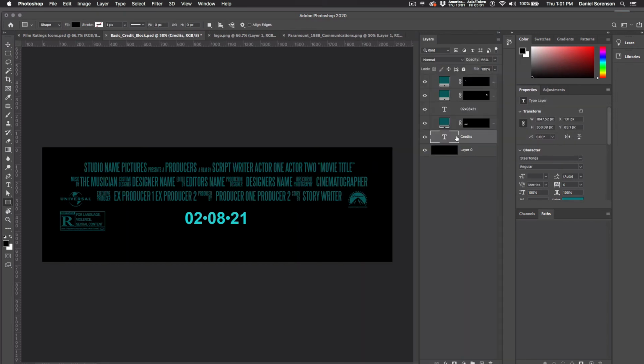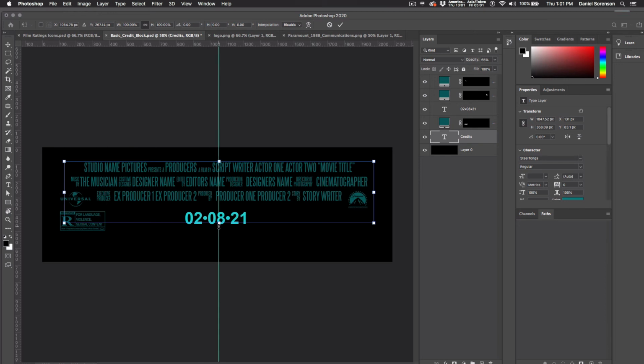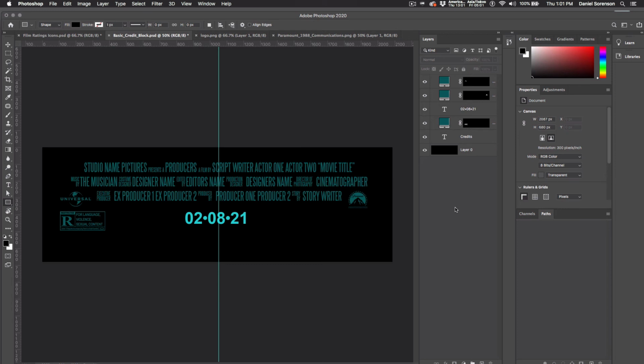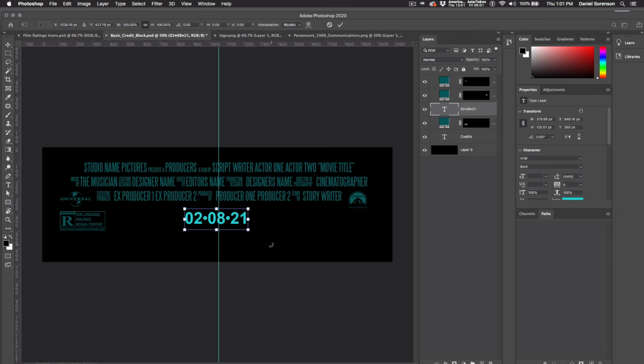I could select it, press Command T, and that's going to give me the center. Drag out a guide, deselect it. Then select my release date, Command T, and then I can see where the center is on that. I can use my arrow keys to bump it over, and then you just hit return or the check mark, and that